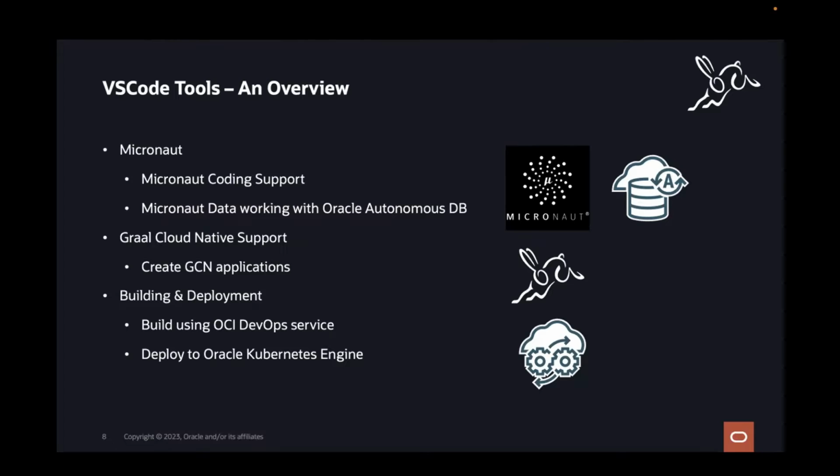And then finally, using this OCI DevOps functionality or this integration that we've built, we make it really easy to deploy your application to OKE, which is our hosted Kubernetes engine. When we set up this DevOps project with your code in it, you can build it from inside VS Code. And once you've built your container with your application in, you can then easily deploy that application using the deployment pipelines we write for you to have it deployed into OKE.